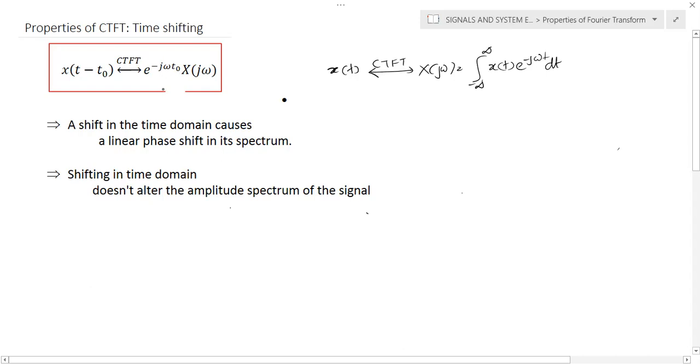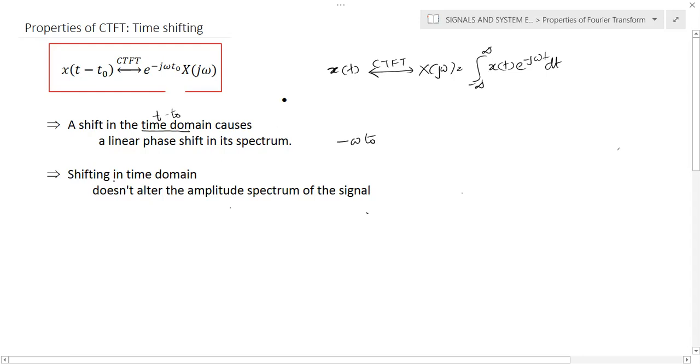And when you study the time shifting property, you should also remember two main points. When there is a shift in the time domain, that is t minus t0, in the frequency domain it's simply a linear phase shift in its spectrum. Okay, means that shift will be linear, and it is represented by the term minus omega t0. So the entire spectrum is shifted by minus omega t0. That's the meaning of this particular expression. So the phase spectrum is actually shifting.